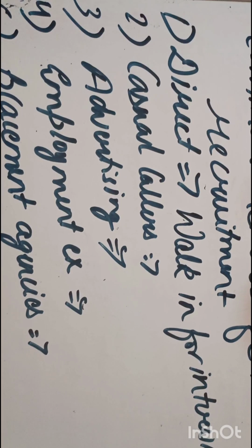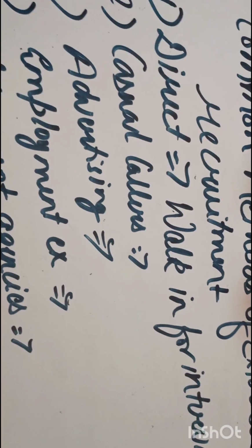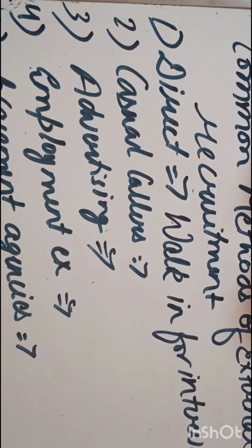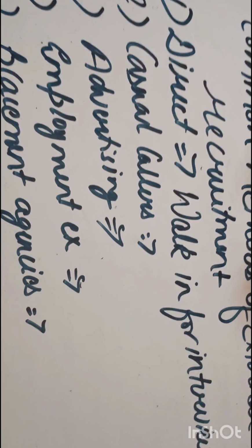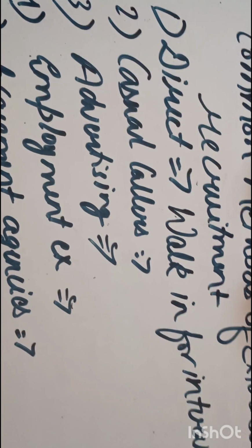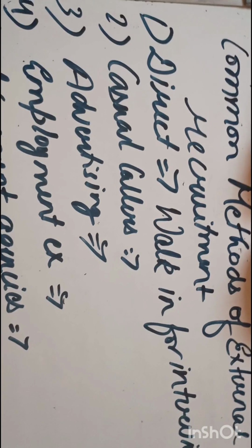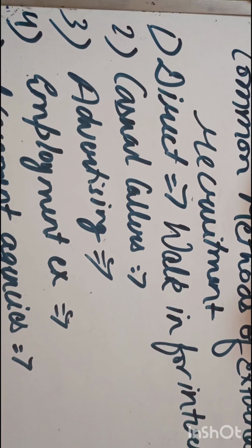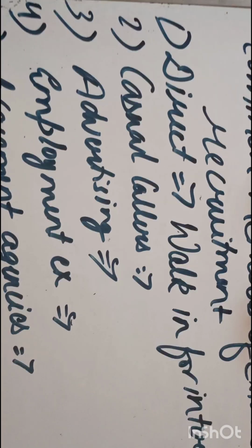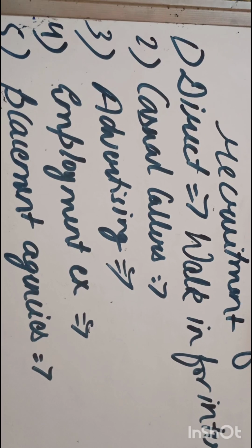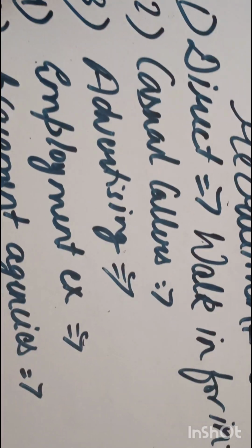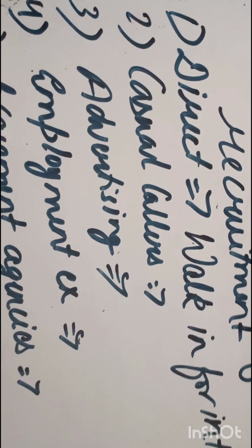The second one is casual callers. Large business organizations maintain the data of pending applications. So when there is a vacant position in their business organization, they call those pending application candidates, because they already have their data. Say you wanted a job in some company but did not get the placement at that time. Companies generally maintain the data of job seekers who were not selected, and if in future a position is required, they will call that person. So hiring is done like a waiting list.